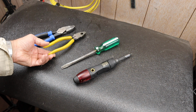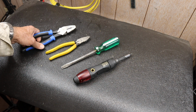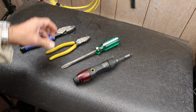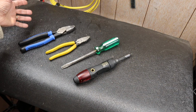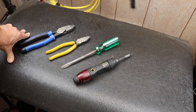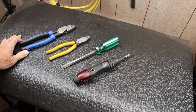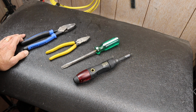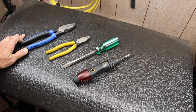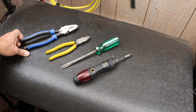So I started to wonder about that. And maybe what they ought to do is, like, Klein should give every high schooler a pair of pliers. Snap-on, a ratchet, a wrench, a screwdriver. Maybe just an Instinct handle screwdriver. So, I like to start movements. Here's another one. It's not a big cost, but every single able-bodied high school student, male, female, that wants one gets, say, a Snap-on Instinct screwdriver, a pair of Klein pliers,